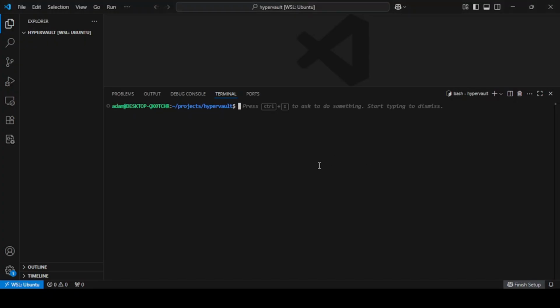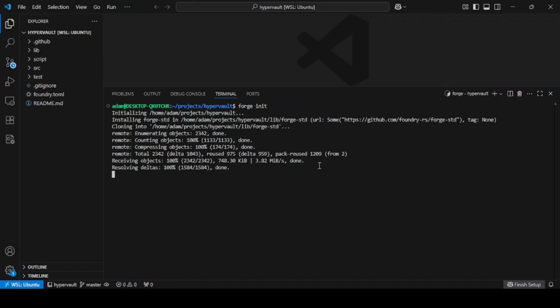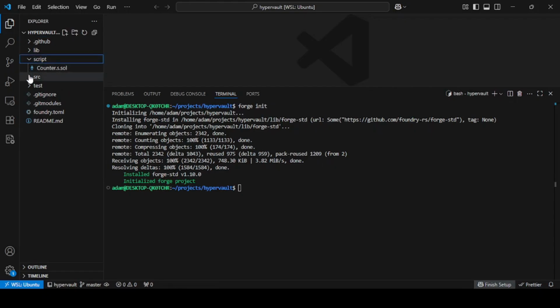Okay folks, we're going to set up our project. I'm using VS Code and Windows Subsystem for Linux, and I'm just going to create a new Foundry project. So forge init, create a new Foundry project. Just call my folder HyperVault. And I'm just going to remove these template files here. So you have Counter.s.sol, Counter.sol, and Counter.t.sol. You can remove them manually, or you can just go remove script